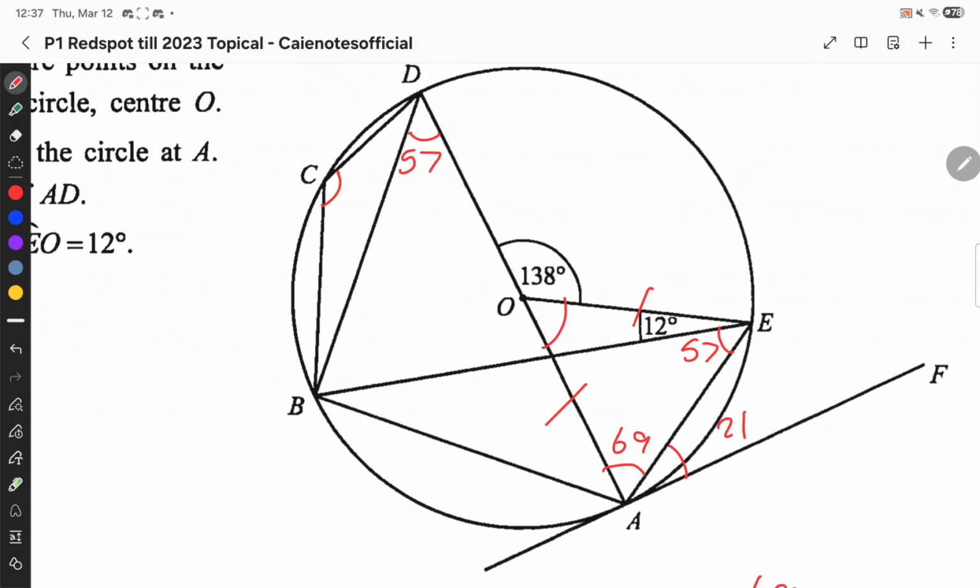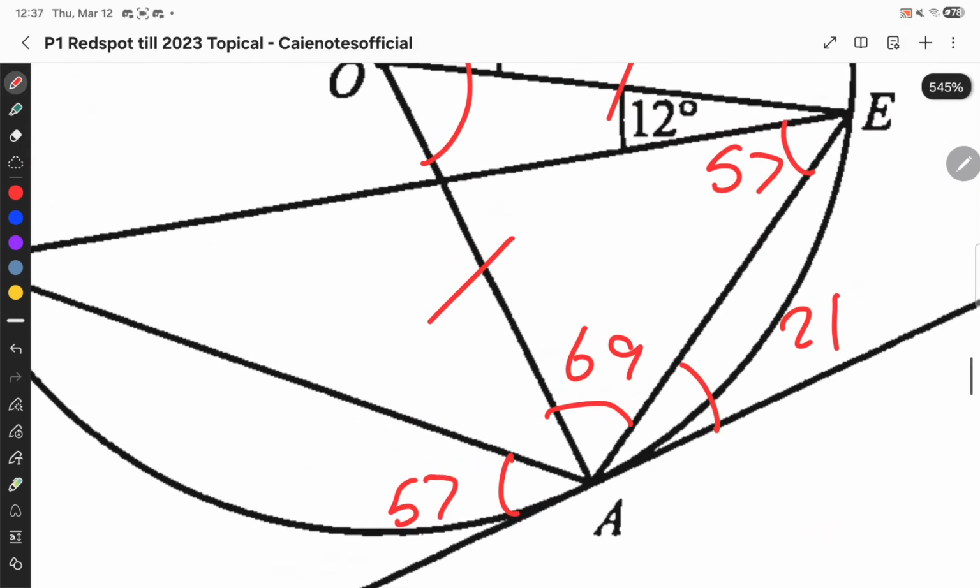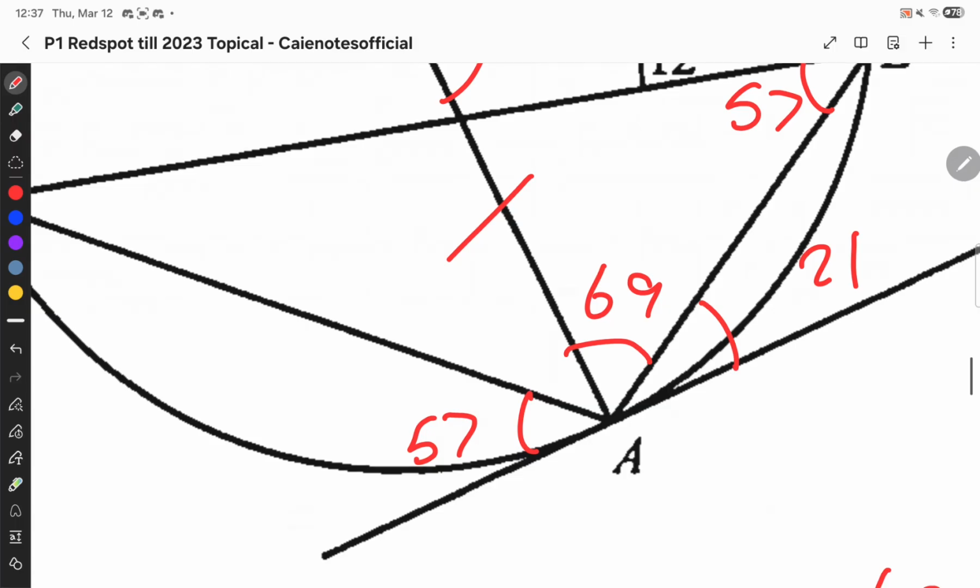Then we use the alternate segment theorem to find that this is also 57. Nice. And so this entire thing adds up to 180, so we do 180 minus 57 minus 69 minus 21,